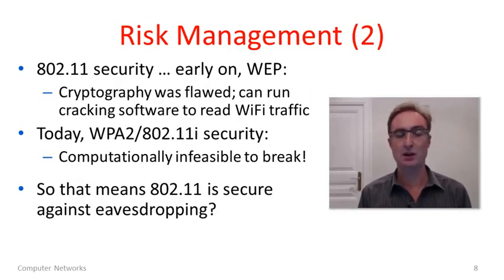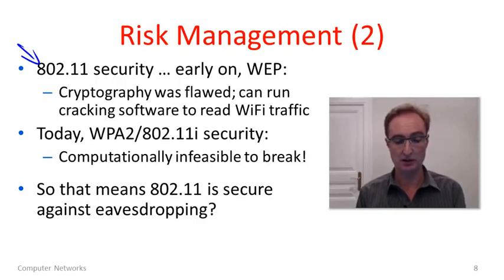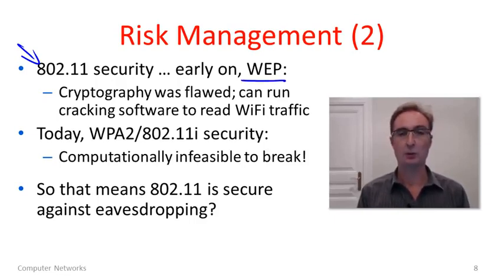So just as an example of risk management and how everything comes into play, let's think for a moment about 802.11. This is the kind of network that we would want to be secure against eavesdropping. So, 802.11 security. Actually, early on, you probably heard that there were big problems here. Early on, there was this scheme called WEP. It stood for Wired Equivalent Privacy. It used cryptography. However, it turned out that the cryptography was really flawed in many different ways. People discovered this over time and found that these compromises weren't theoretical, they were very practical.